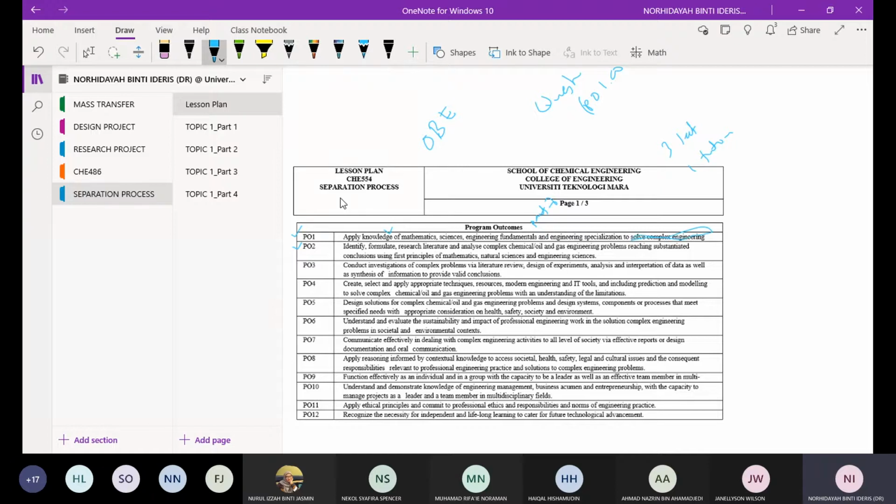Okay, this keyword is complex engineering. Sama juga dengan PO2, you need to identify and formulate. Semua juga keyword dia ada perkataan complex chemical engineering problems, kan? So biasanya soalan-soalan kompleks engineering ni dia lebih sesuai